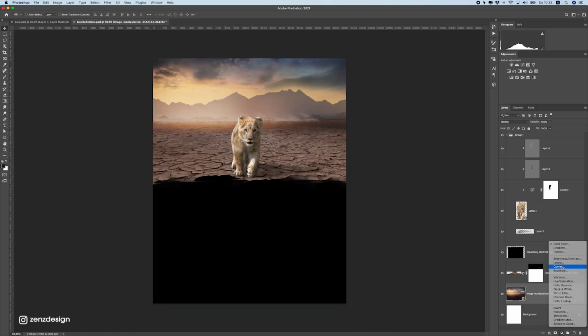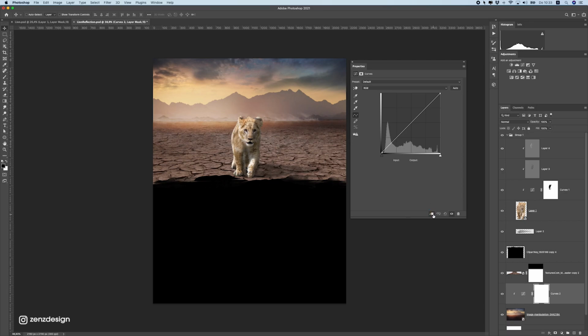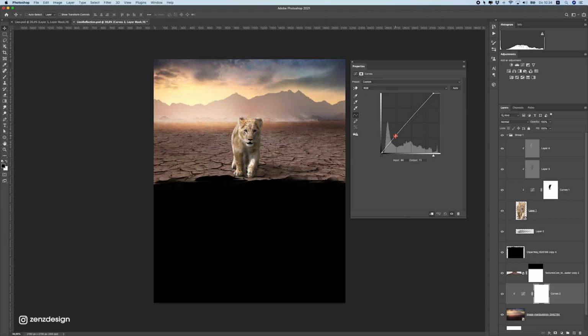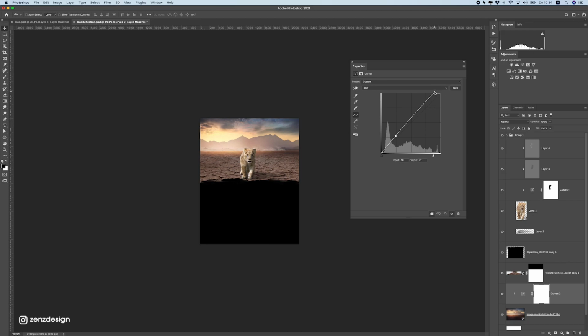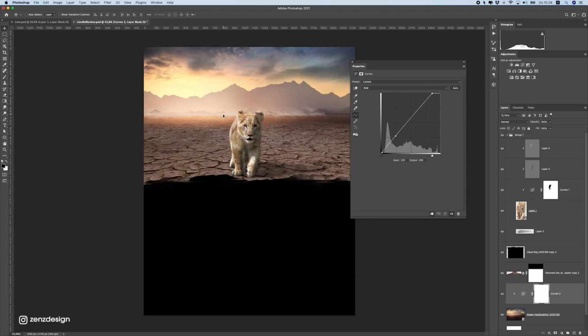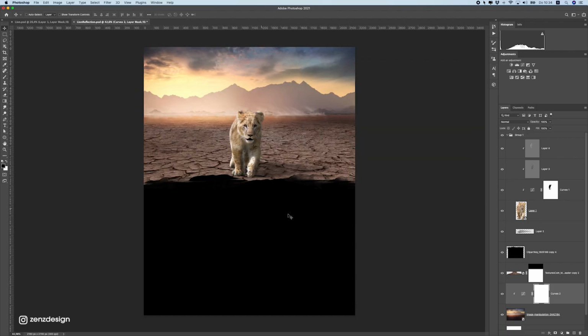So I'm gonna create the curves on top of this background. Press this, and let's give it a bit more highlights. Let's move this a bit like that, and that's it. And this will be our background, maybe a bit less, something like this. You can also try another background if you want. This really doesn't matter, but I'm going to use this one.